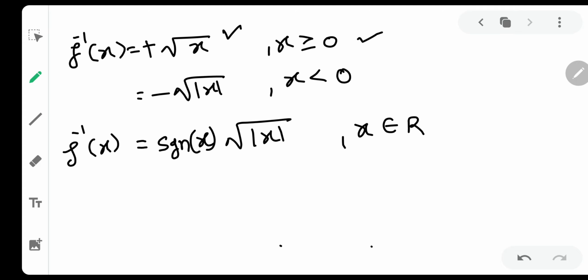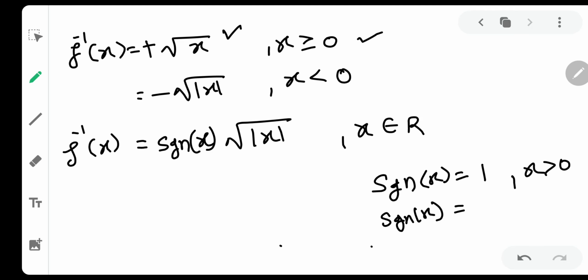Please go there and watch it. So their graph is also drawn. Signum x gives you the value 1 if x is positive, and signum x gives you the value -1 if x is negative. This is how it happens, right? Okay, now you will say, sir, what happens if x is equal to 0? It will give us 0. So it will not matter, right? Because if x is 0, root x will itself be 0 and the whole value will become 0. So it will not at all matter.